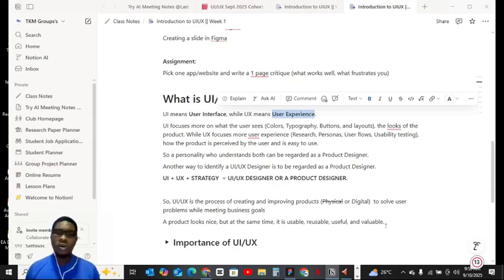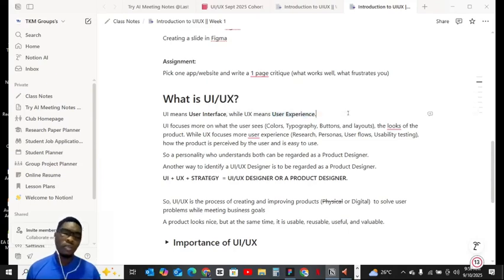What experience is your user, your client, anybody using your digital product, having with the mobile application or the web application? It's very important for you as a product designer to know that so that you can improve on it.